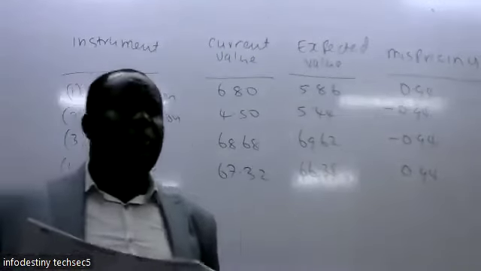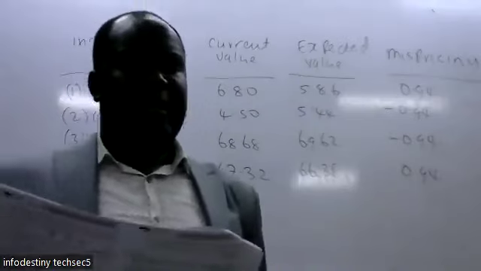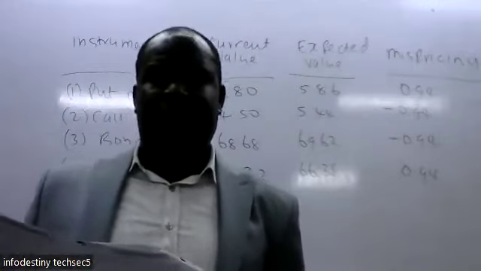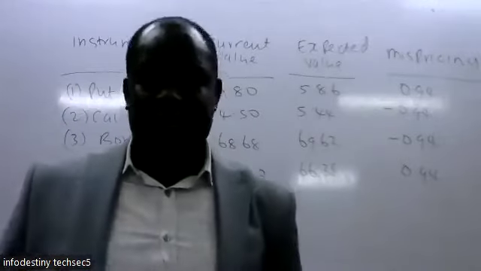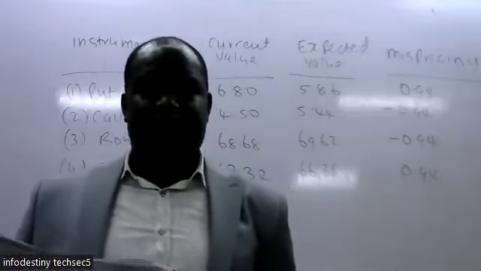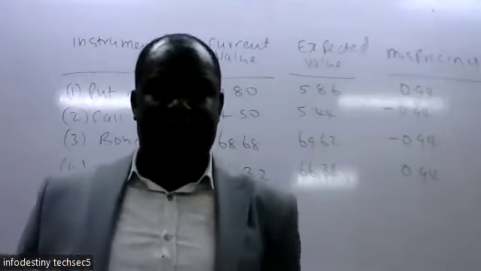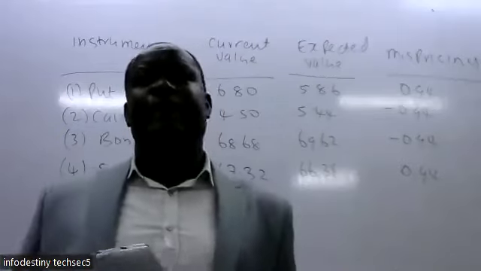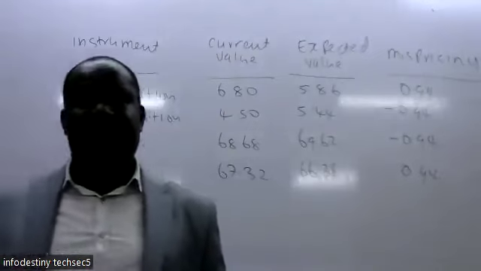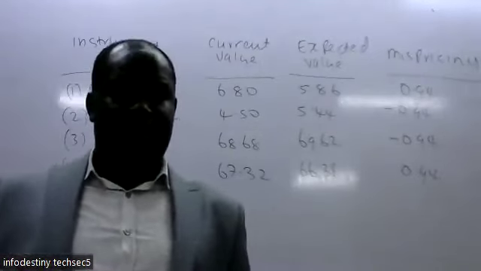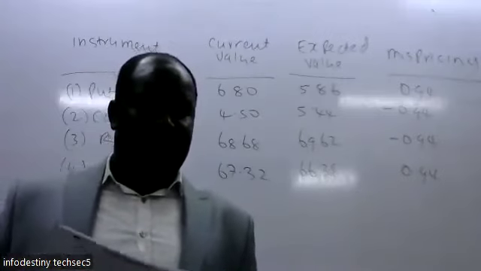So the question should read that a share is currently selling at 120 shillings. There are two possible prices of the share after 1 year, 132 or 105. Assume the risk-free rate of return. So you make it 9%, not 19% per annum. It is 9% per annum. So required value of a 1 year European call option with an exercise price of